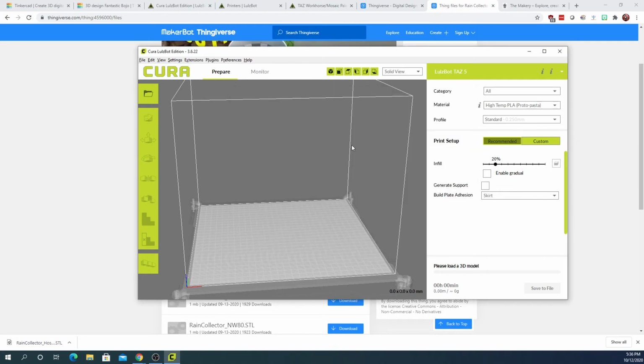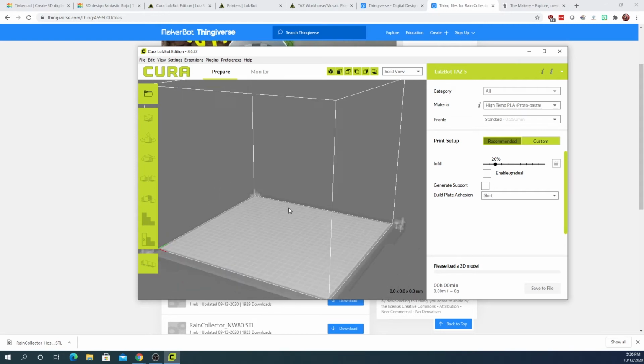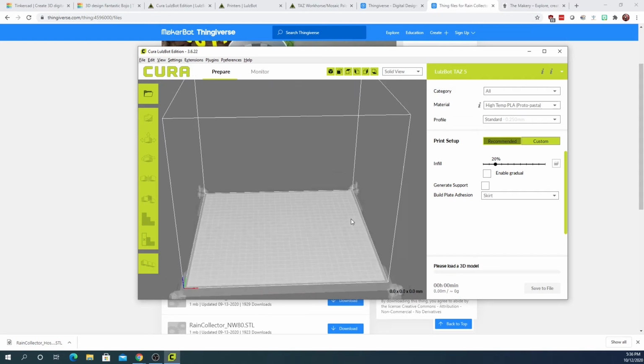And then, similar to what it looked like back in Tinkercad, we can see this 3D plane has appeared. The 3D plane is going to be really common in a lot of software when it comes to 3D design, because that's the way it's kind of looking at. This is supposed to represent about a square foot, and that's about what we can print, give or take. We have the actual dimensions up on our website on the Makery page, and we'll be covering that at the end. But for right now, I'm just going to open up the file,